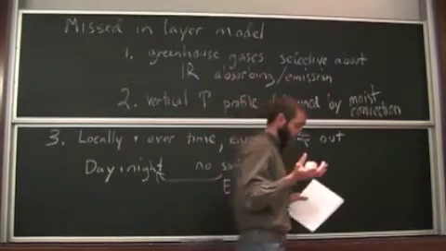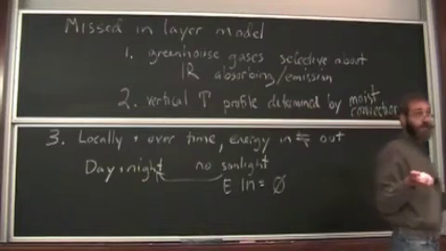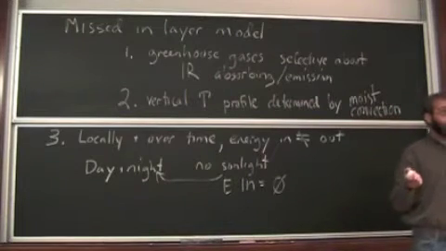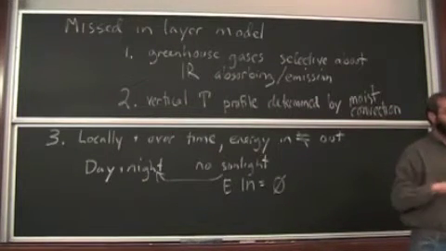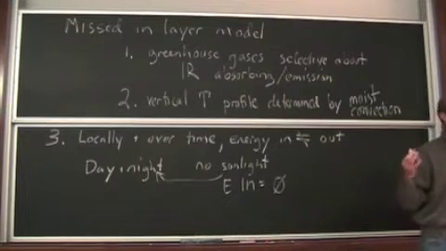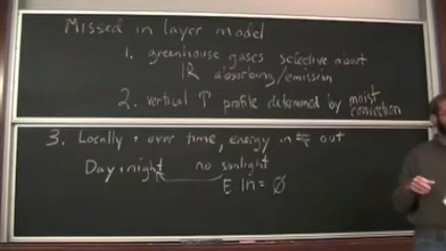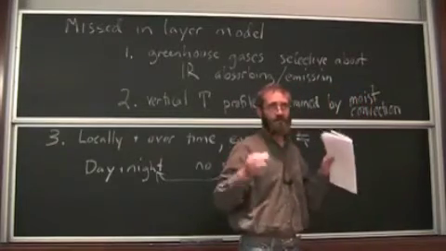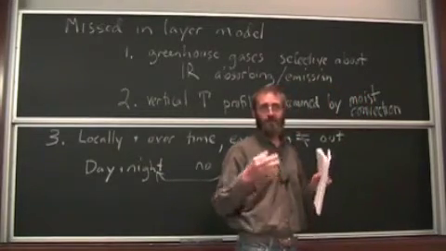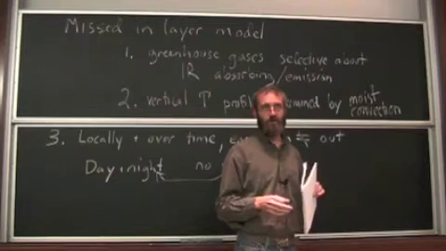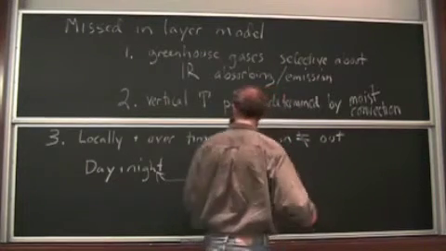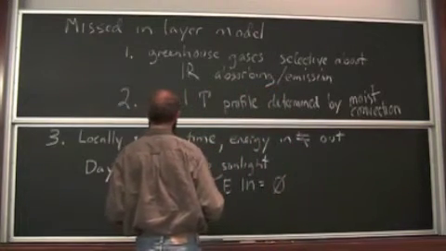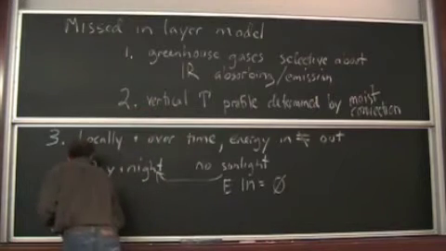The same thing would happen on the dark side of the Earth if you had to balance the energy sort of locally. So the nights would be much, much, much colder, and the days would be much hotter if you insisted that everything always be balanced right away, all the time. So we've got to relax that requirement if we're going to explain the way things work in the real world. And then, of course, there are the seasons,